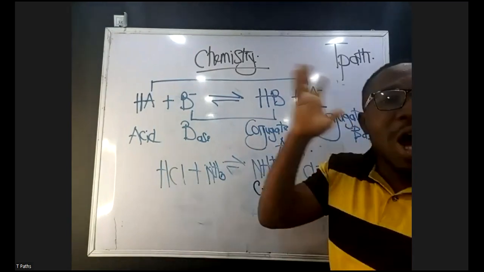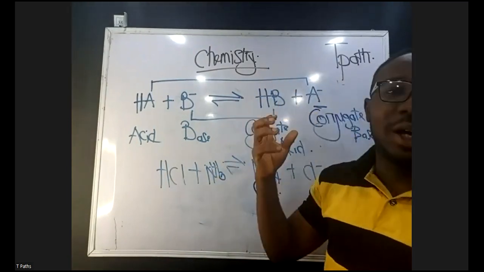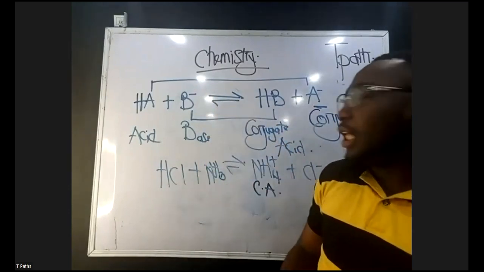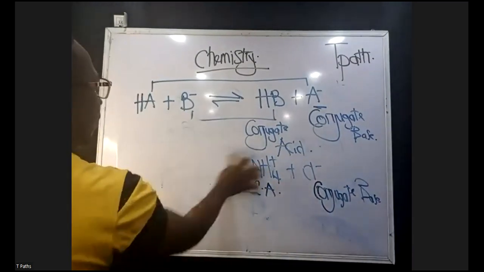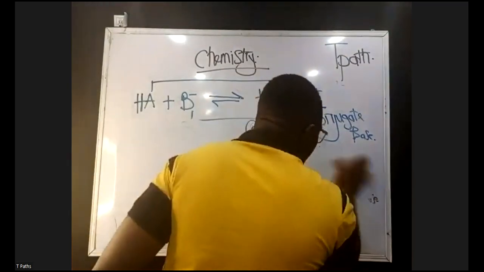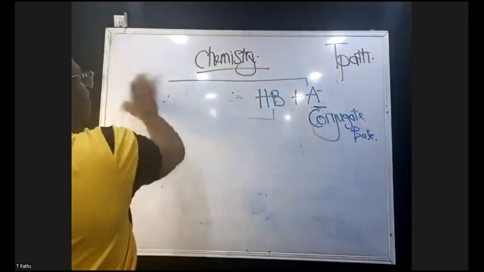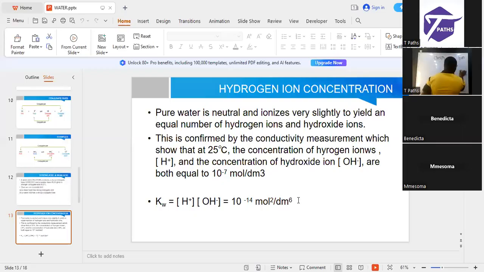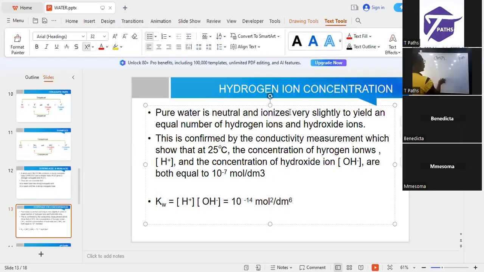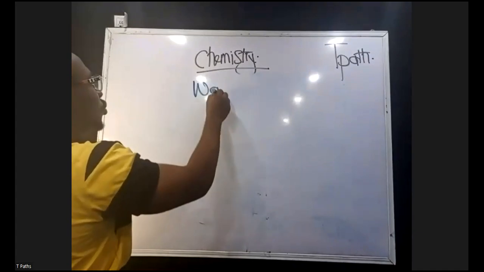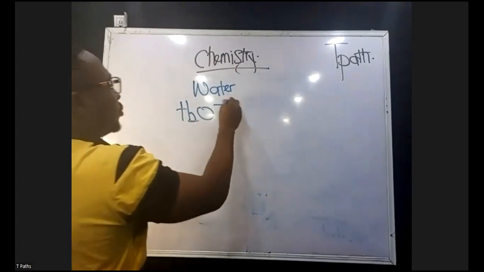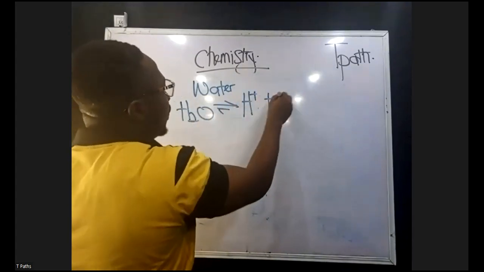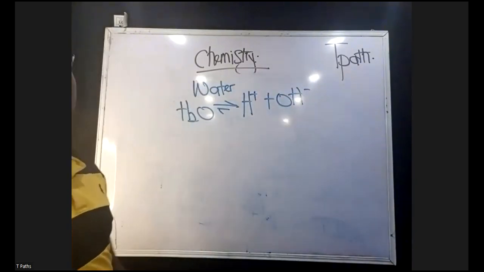We talked about equilibrium already, so we are open to this. So Kw is called the equilibrium constant. It is formed from the fact that when we check the conductivity of water, we are able to obtain a value. But how do we get that value? Let's look and understand everything. First of all, this is water, H2O. It dissociates into H plus and OH minus. Based on the chemical equilibrium we did, we know that